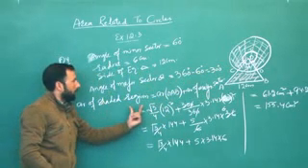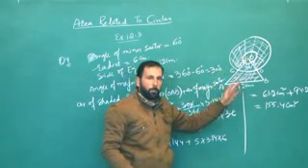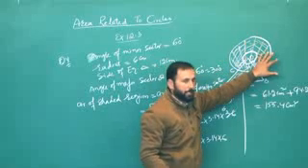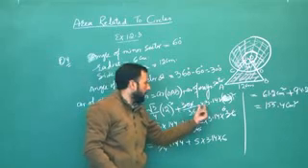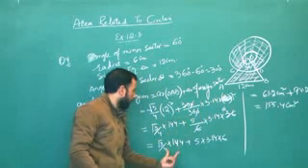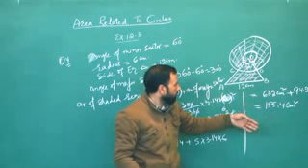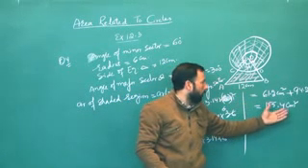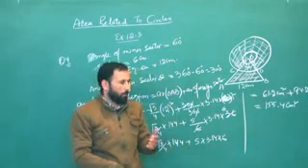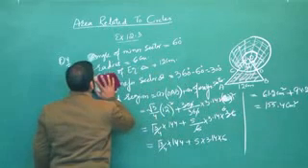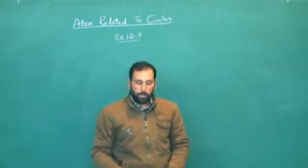Now the area of the shaded region can be calculated by the area of the equilateral triangle OAB plus the area of the major sector. So the area of the major sector is theta divided by 360 into pi r square. After calculating, we get the value, that is 155.4 square centimeter, the area of the shaded region. Now the next example of the same exercise is